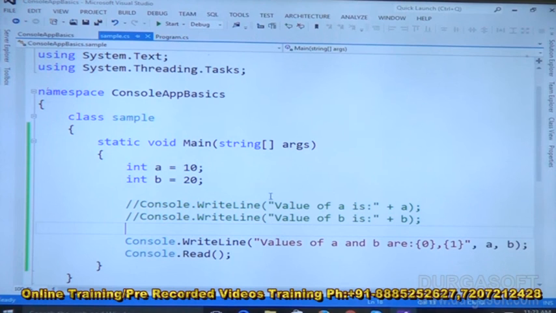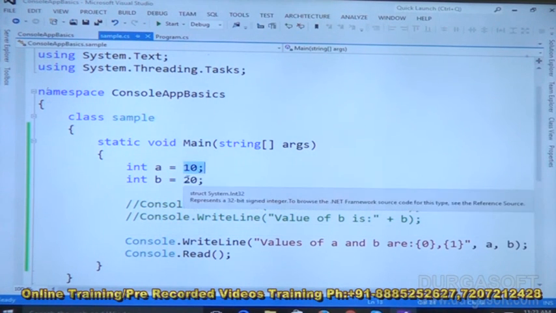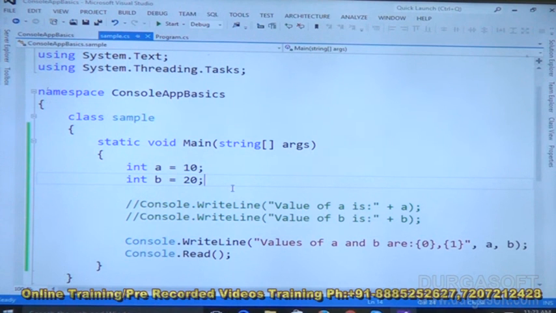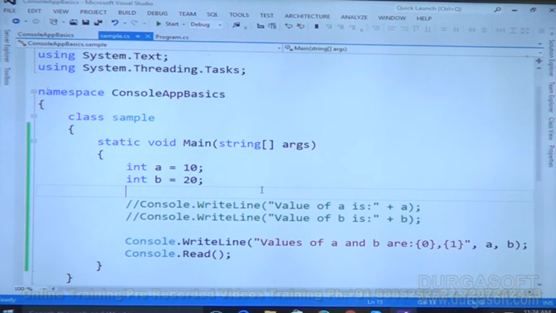In the next session we will discuss how to print integer values at runtime. That means here integer values are given in the program itself, and that is printing. But how to give integer values and string values at runtime, we will discuss. What is the problem when we give values at runtime in a console application? When we give any input values at running time, the application treats them as string format. Even when we give 10, 20 or 50, 100, they will be treated as string format. You should convert those values from string to integer. We have conversion methods for that, which we will discuss in a later session.